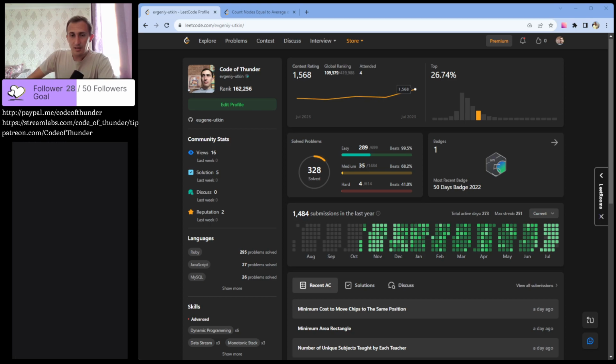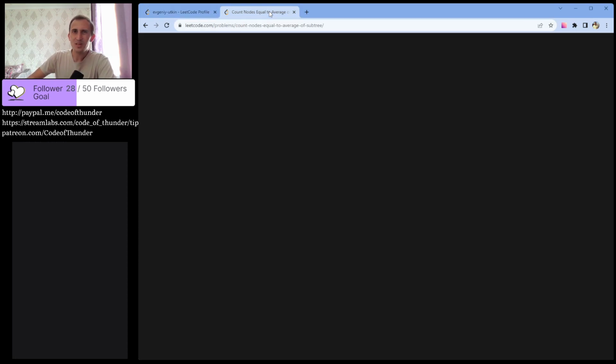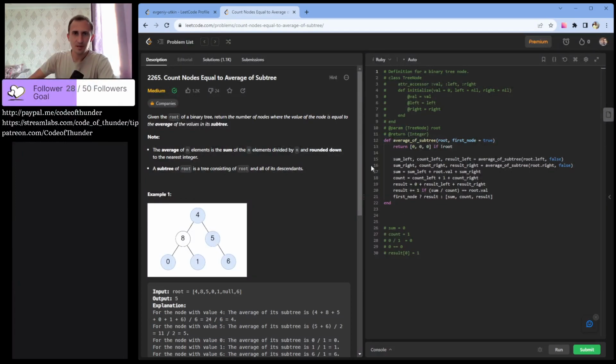But let's start with the problem that we solved like a week ago, I think. It was this: count nodes equal to average of subtree. What do we do here? For example, we have